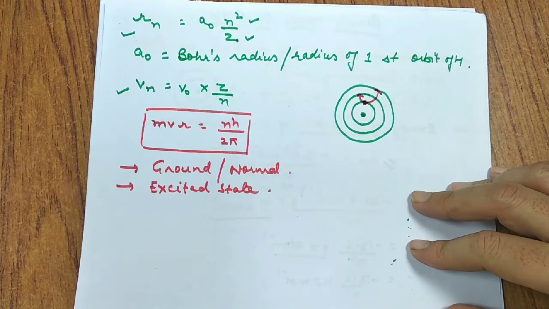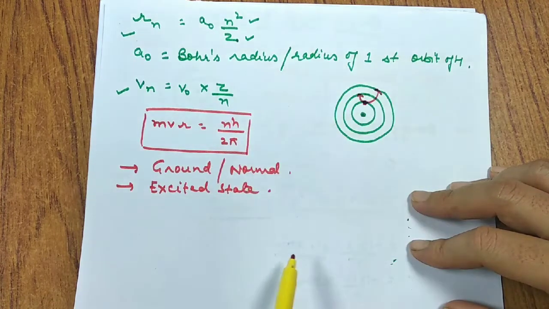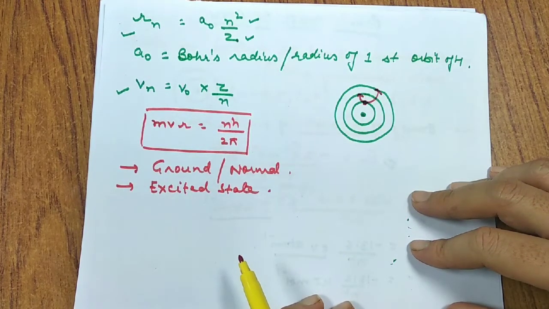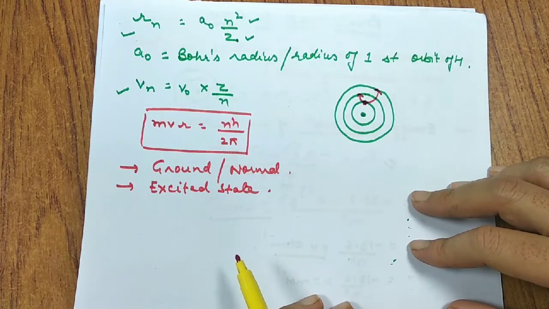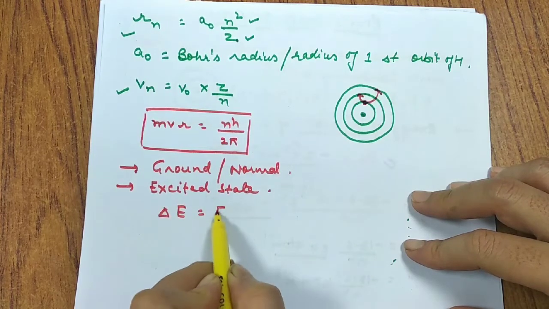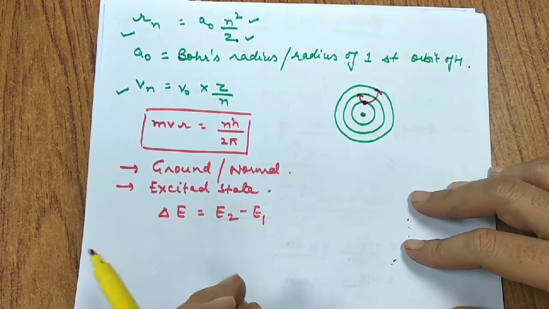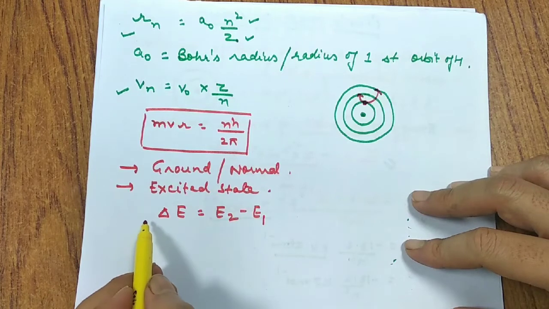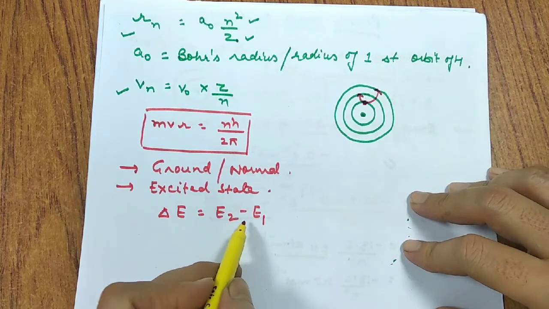Now suppose by gaining energy it jumps to a higher level. It tries to come back to the lower energy level by emitting energy. Why? Because when the electron is at higher energy, it becomes unstable. So to attain stability, it jumps back to the lower energy level by emitting energy in the form of some wavelength or frequency, in the form of light, I should say. The amount of energy can be calculated as delta E, which is E2 minus E1. That means the energy of the electron in the higher level is E2 and in the lower level is E1. So delta E is basically the difference in energy of the two levels.